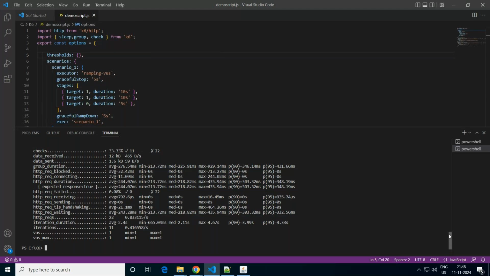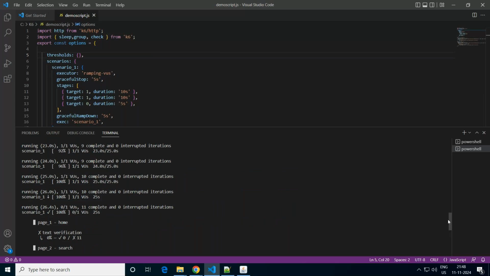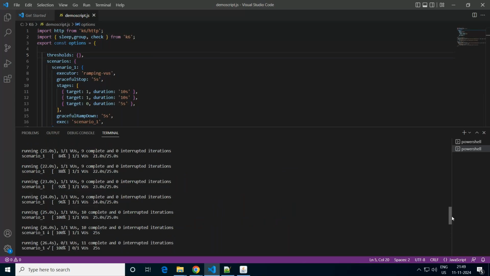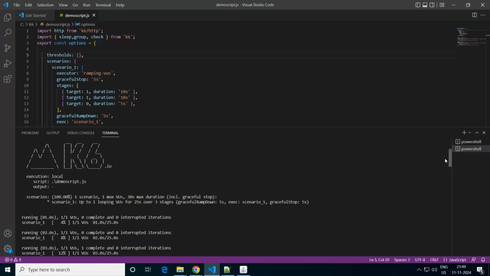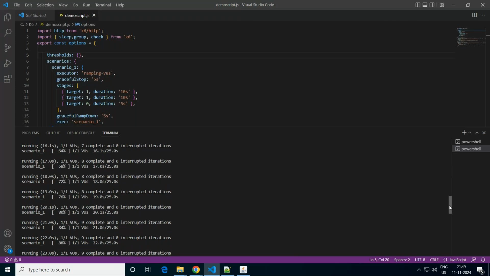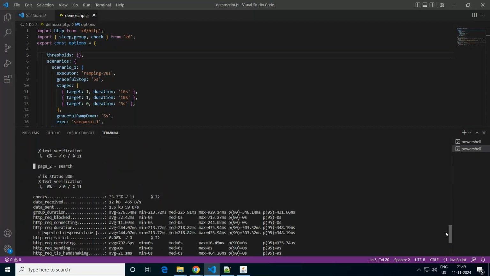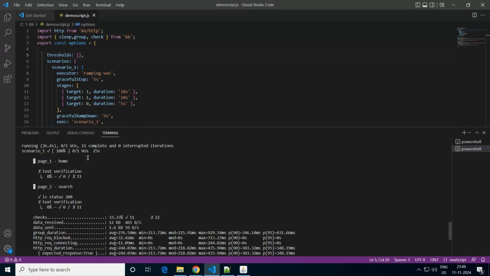But still, I think the log, whatever you're seeing here, you need this more from a debugging perspective, definitely. But from actual execution, when you do execution, you will not need to look into this. Rather, we will look into, for example, here page 1 is home page. Text verification is